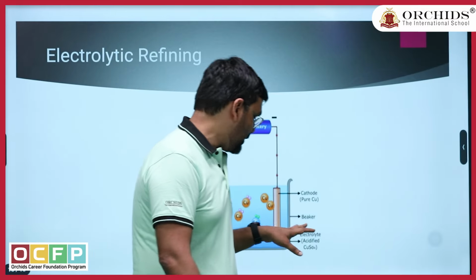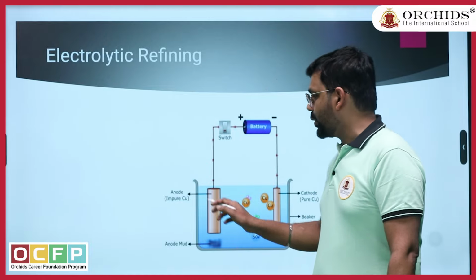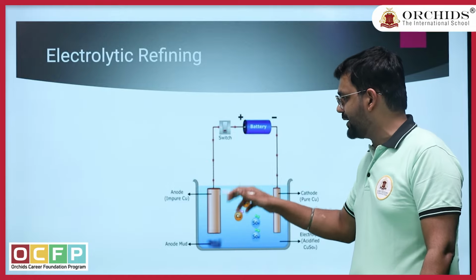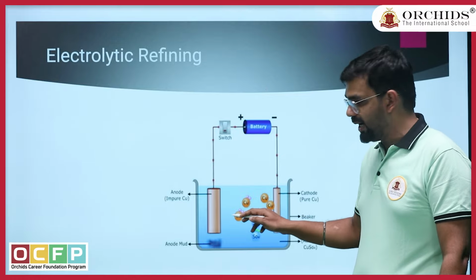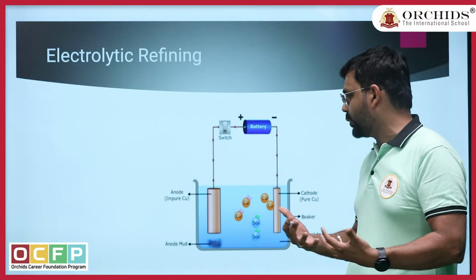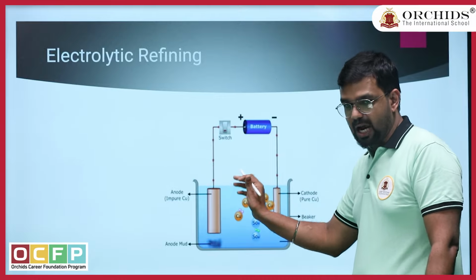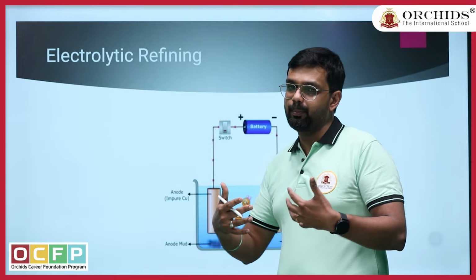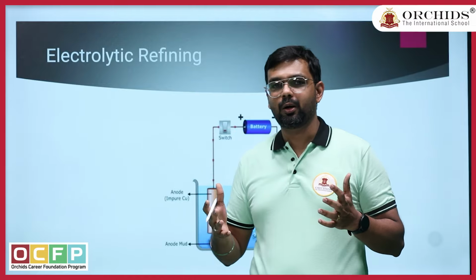So this is the copper sulfate solution, and it is the refining of copper, which we have already studied about. So anode will be taken as the impure copper, and anode mud will be deposited once we pass the electricity through the circuit. And the copper ions from the electrolyte will be deposited onto the cathode to form the pure copper metal. And the size of the anode will start to shrink, and the size of the cathode will start to become bigger and bigger. Okay, so this is what the entire concept of metals and non-metals covers.